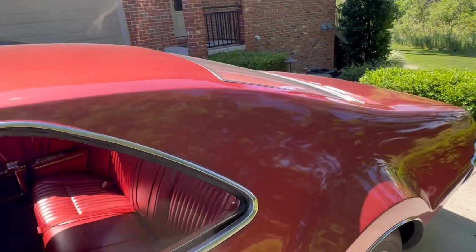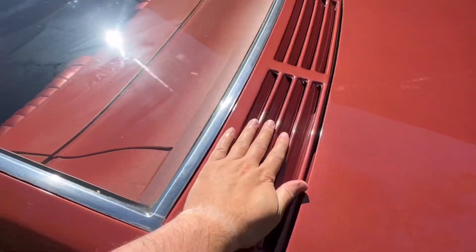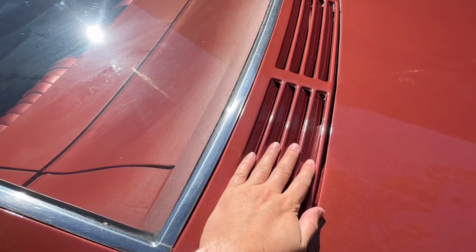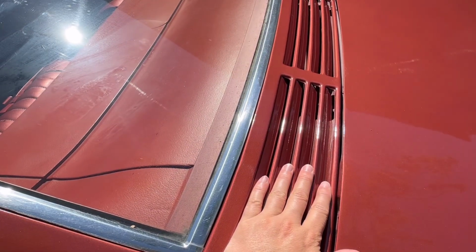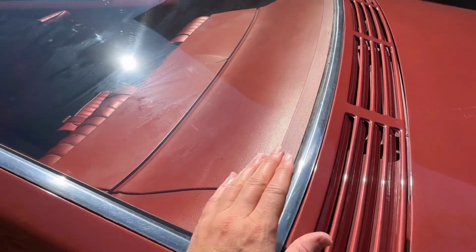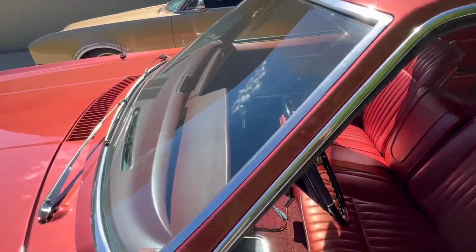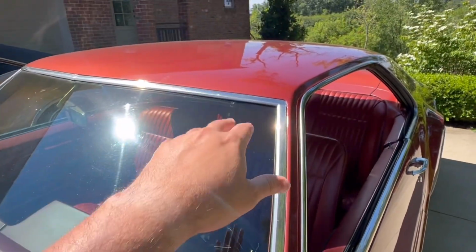And out back, there's the same backlight on the Toronado and the Riviera. And they both had this ventilation system here. But the Toronado has 4 louvers. The Riviera only had 2. And why they wanted to do that, I guess just to make it look a little different. But they did. The Eldorado doesn't have this out back because it has a much more formal roof line. Again, different roof panel on the Eldorado. But they all did share this A-pillar, the front glass, and the Riviera and the Toronado shared the roof panel,